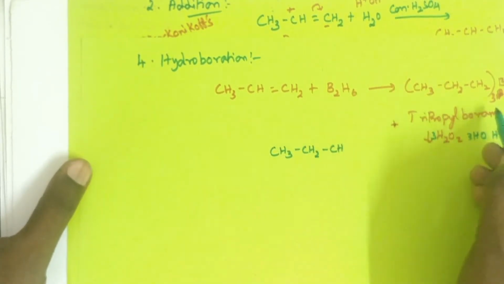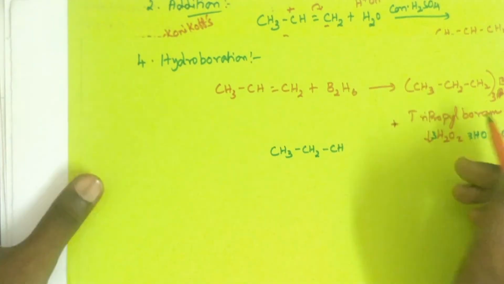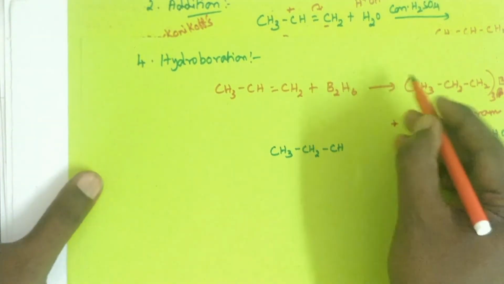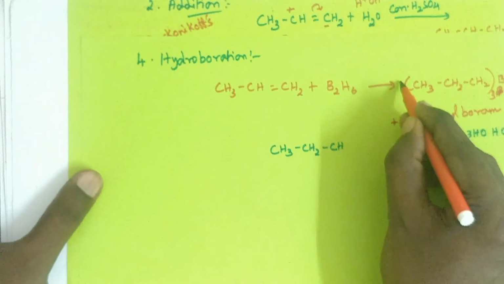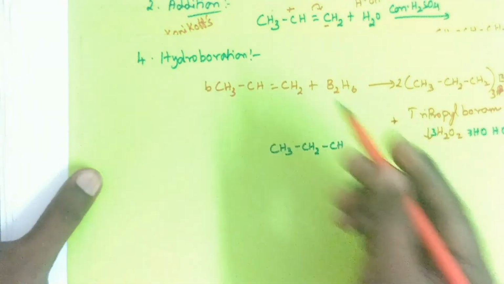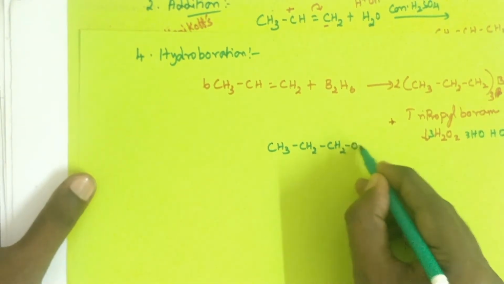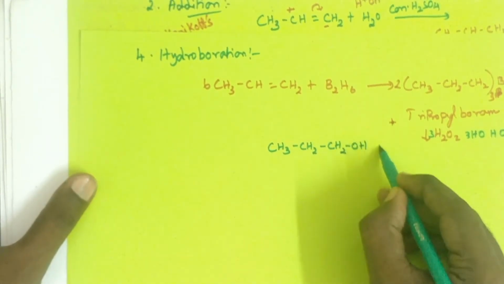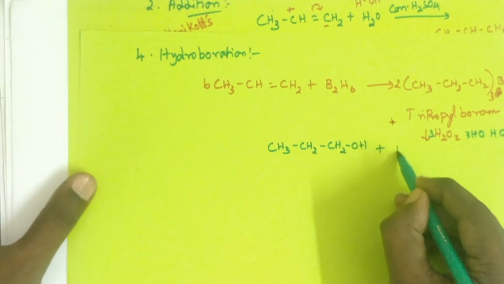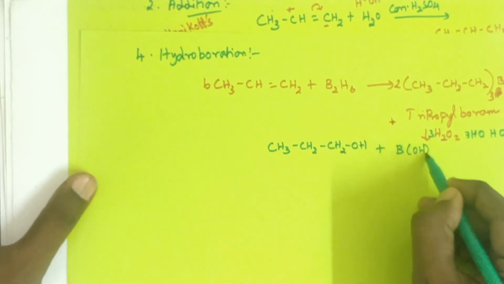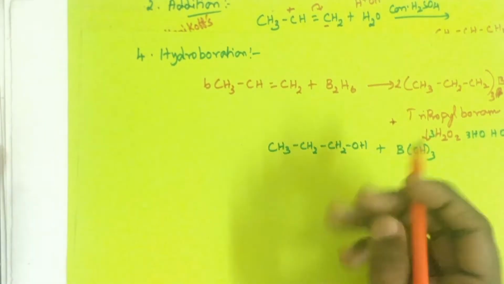CH2, CH2, not balanced. So in this case the number of boron is 2. So you put 2. 2 threes are 6, so 6. So the product formed is... The eliminated product is BOH thrice. So the product formed, name is